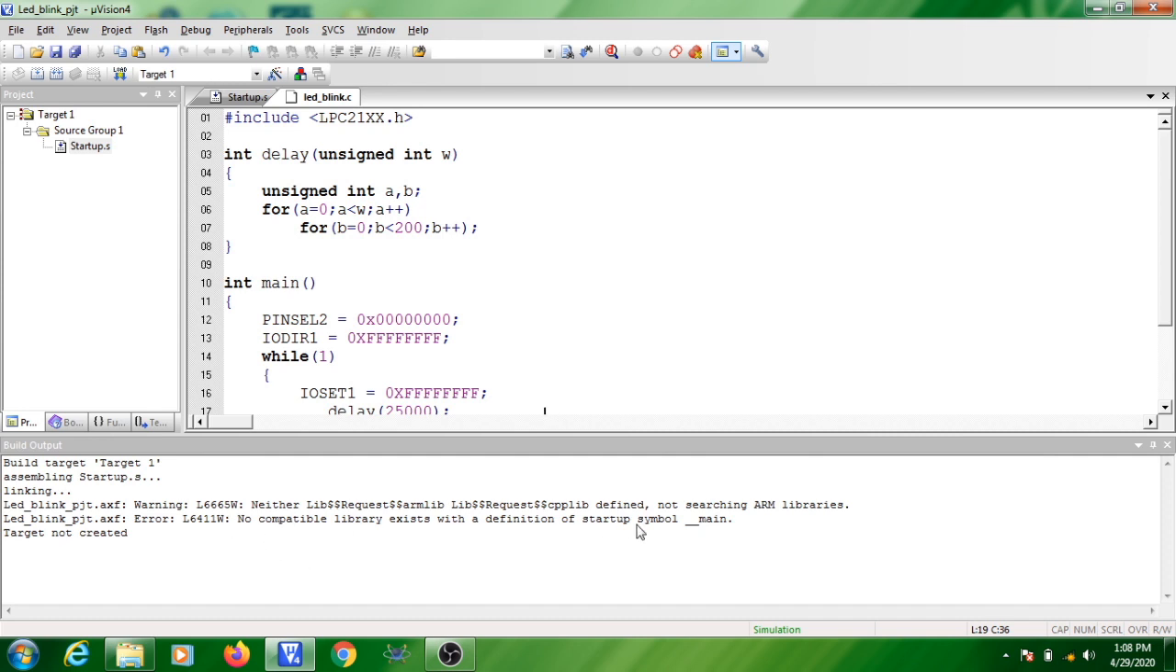And some error it is showing, not searching ARM library, and it is showing a very important error. So this was a warning. What is the error here? It is the no compatible library exists with the definition main. That means the IDE is telling that at the time of compilation it didn't see any program with a main function. So what does it mean? I have created a program and I have saved the program, but I didn't add this program into the project